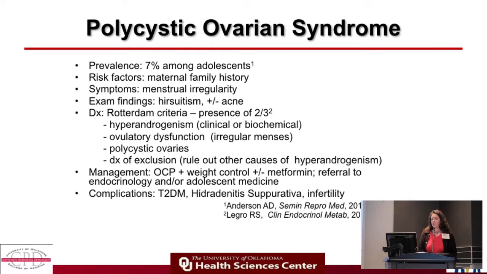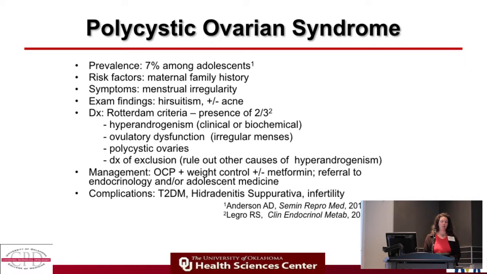So polycystic ovarian syndrome, we see this quite a bit in adolescent girls. For risk factors, I ask the moms of my adolescent girls what their menstrual histories are like, because we know that this is highly genetic. I think one of the endocrinologists told me about 80% heritability. So I ask about the mom's menstrual periods, and if she had any problems with infertility,